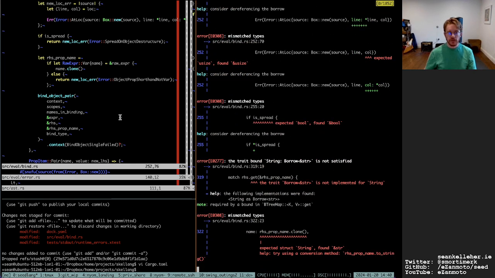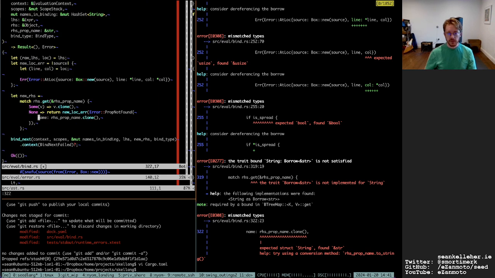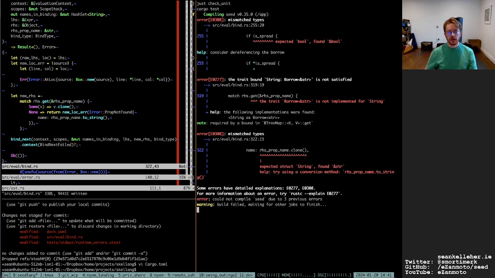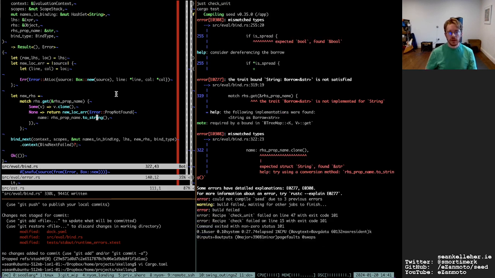And what else? If is spread. And then 322 is right hand side proper name. Expected string, so just string. Right.